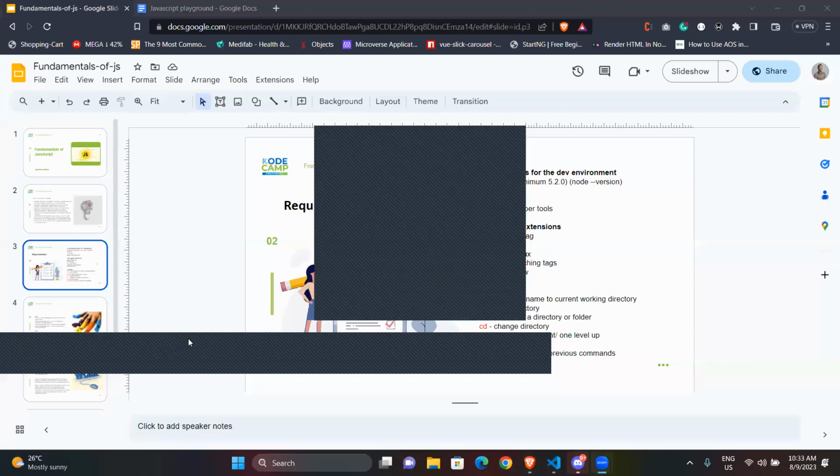If you have Node installed, I'm not making an assumption, just raise up your hand. You have Node installed on your PC. Yeah, more hands.